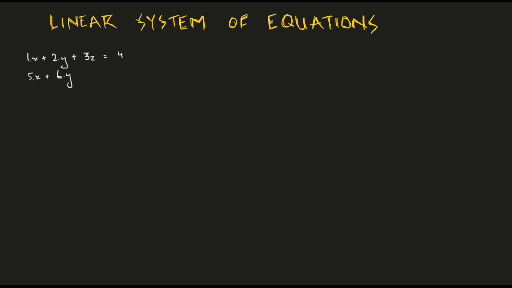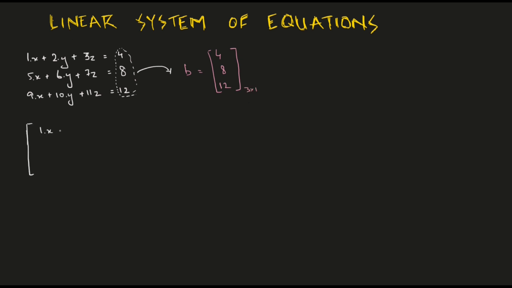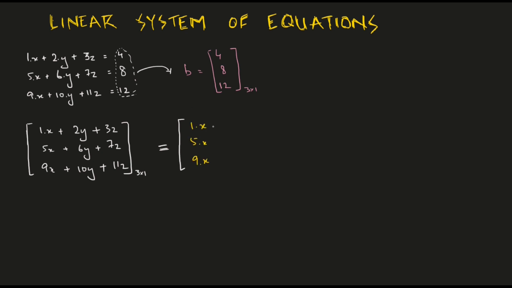Say we have the following three equations in x, y and z, and I wish to write this using a single matrix vector notation. Let the right hand side be given by a vector b, a 3 by 1 vector. The difficult part is the left hand side though. We start by rewriting the LHS of the three equations and then we put a huge bracket around them. Now this should be a 3 by 1 vector since it is equal to b, and b is a 3 by 1 vector itself.